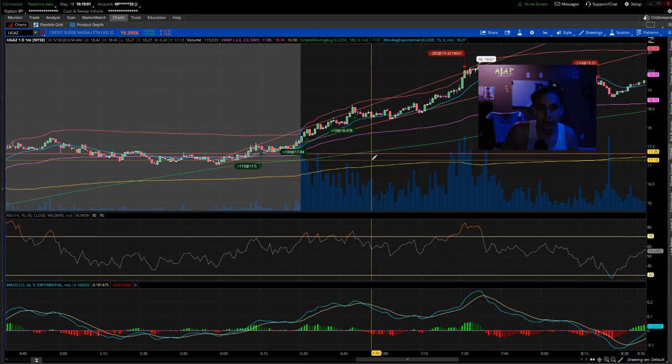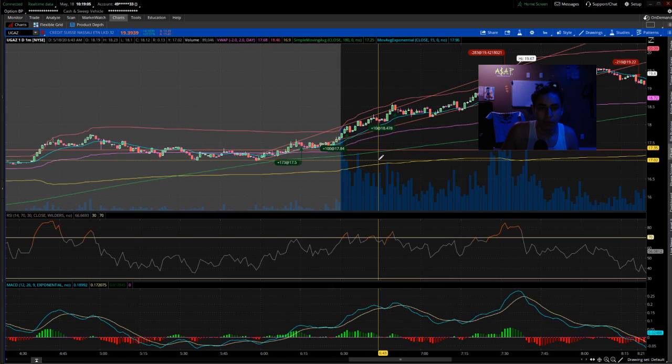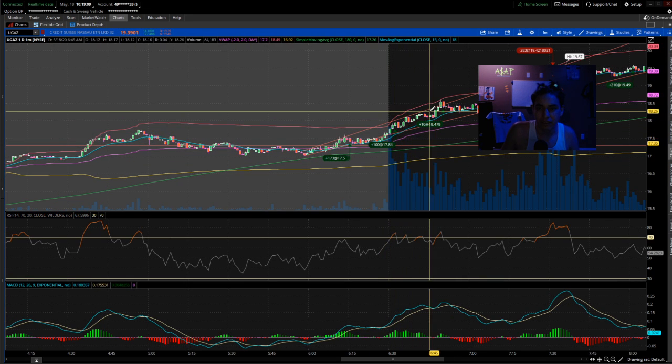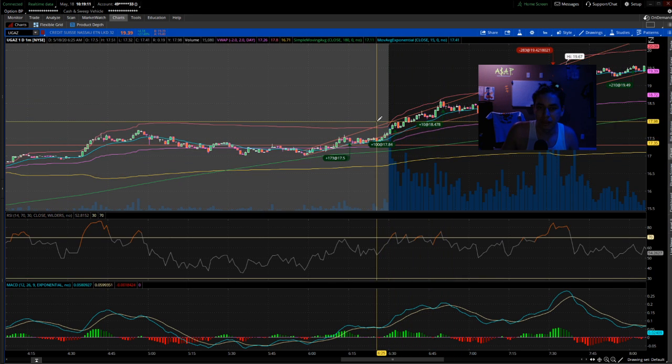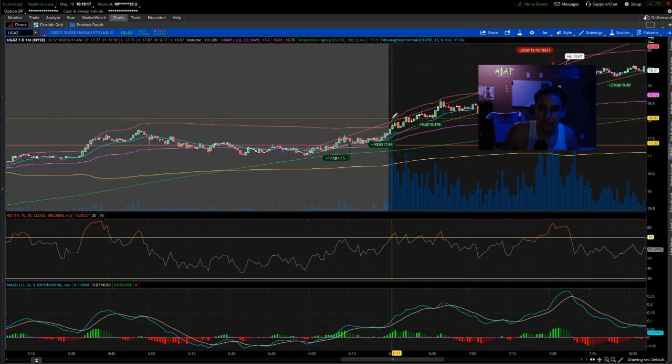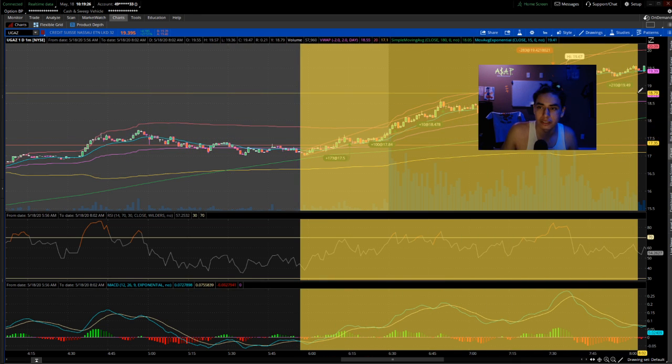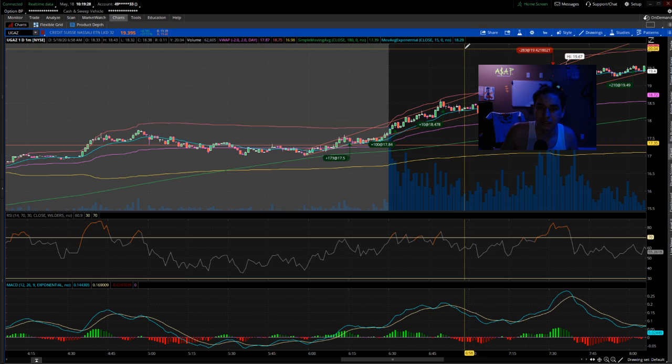I bought in like three sizes, like 3 positions 3 times. I bought in at 1750, and then I bought in at 1784, and then just because it kept going up, like it kept bouncing,